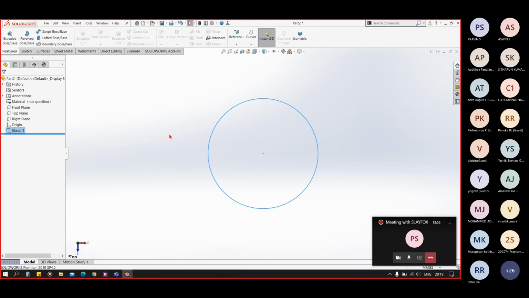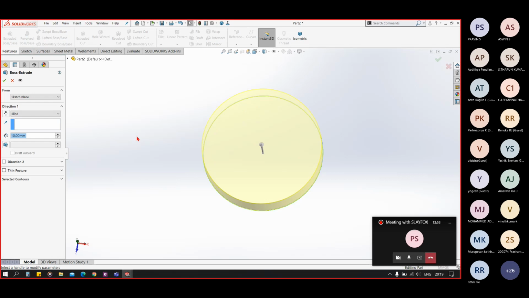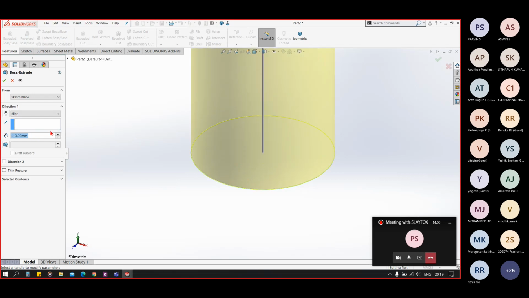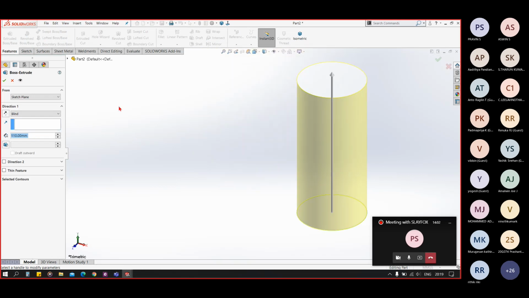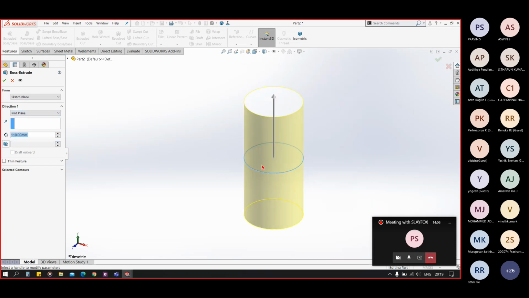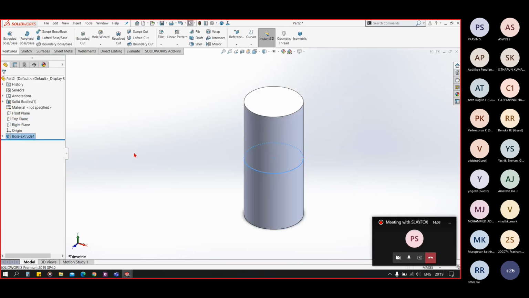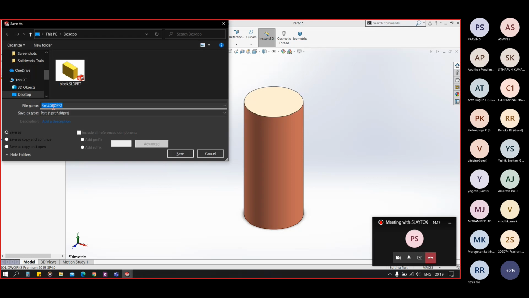Now I'm extruding this circle up to a length of 110 mm, let's say, in the mid plane option. Okay, now I'm giving it material copper, and naming it cylinder.